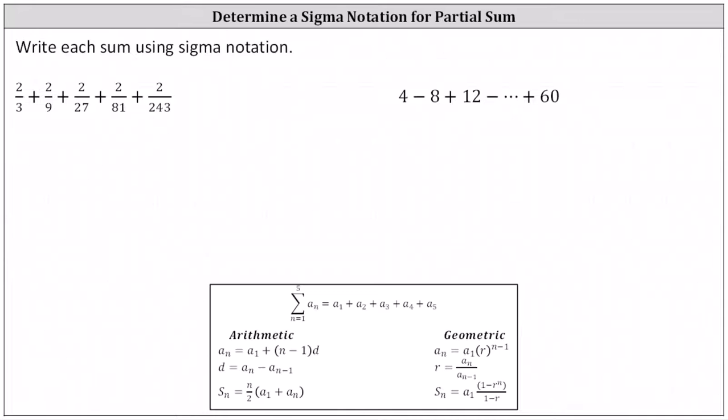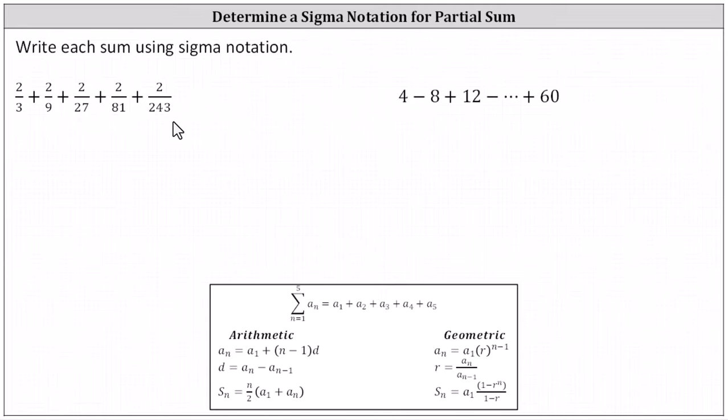Write the sum using sigma notation. To write a sum using sigma notation, we need to know how many terms are in the sum, and then also determine a formula that will generate the terms in the sum. Analyzing the first sum, we can see we're adding 5 fractions, and analyzing the numerators and denominators, notice the numerators